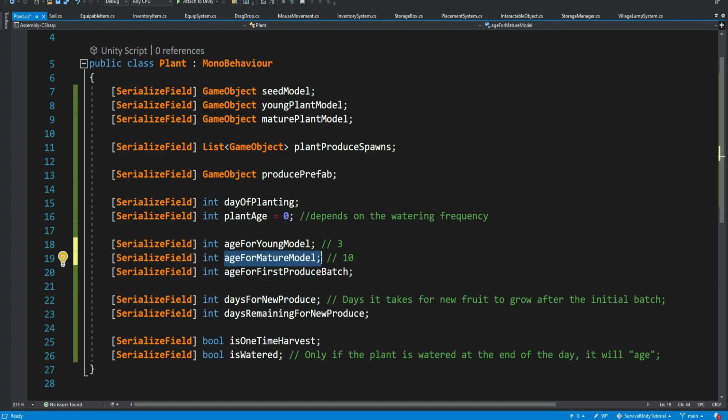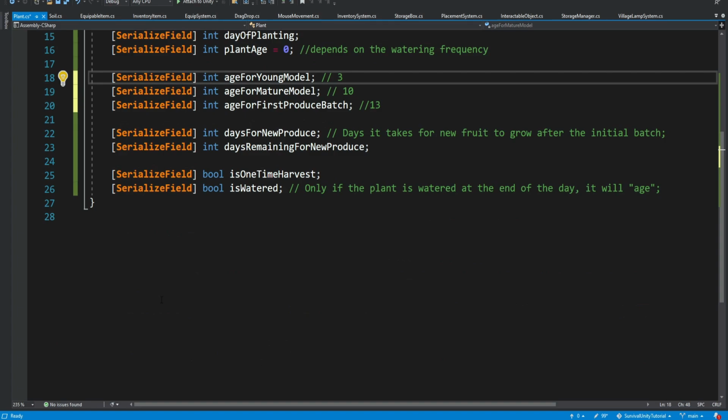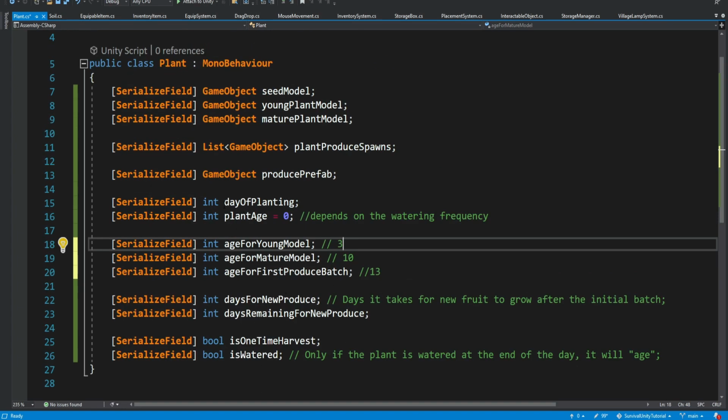So even though we get the mature model, it doesn't mean that we get the fruits, so it will take a few more days to create the fruits, and it can take like 3 more days. Of course, this is all up to you and up to the style of your game. But these are the ages for the different models, and each day it's going to increase the plant age by 1. But of course there's a catch. Only if the plant is watered, we are going to advance the plant age, right? This is something we're going to deal with inside the logic. The important part is that we're saving the day of the planting, and this we can